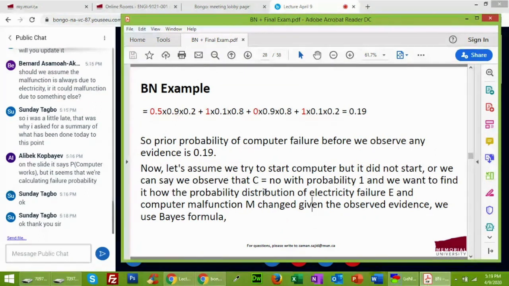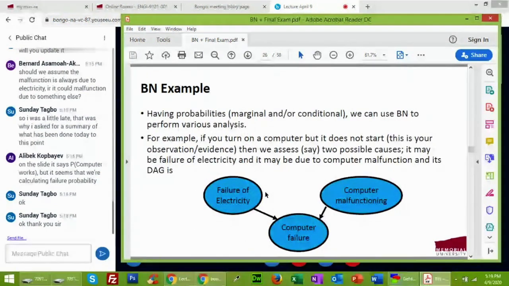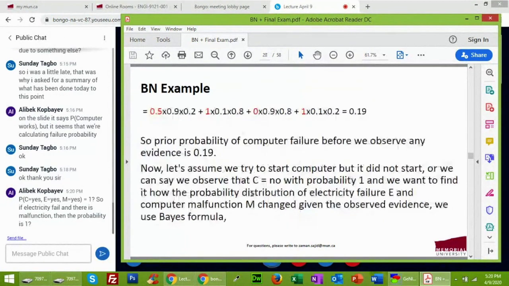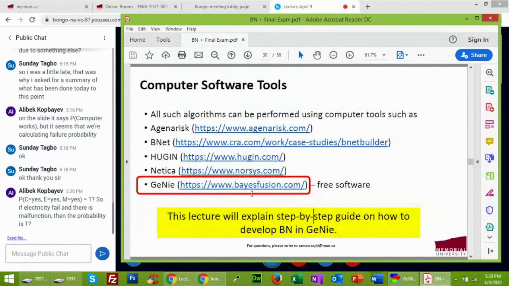Now this thing is a little bit difficult to perform by hand. If I give you some network with, let's say, 10 inputs going into your one input of computer failure, it will be a very tedious job to develop the Bayesian network for this problem. What is the alternate way? The alternate way is the software, and this is the list of those software that we can use.